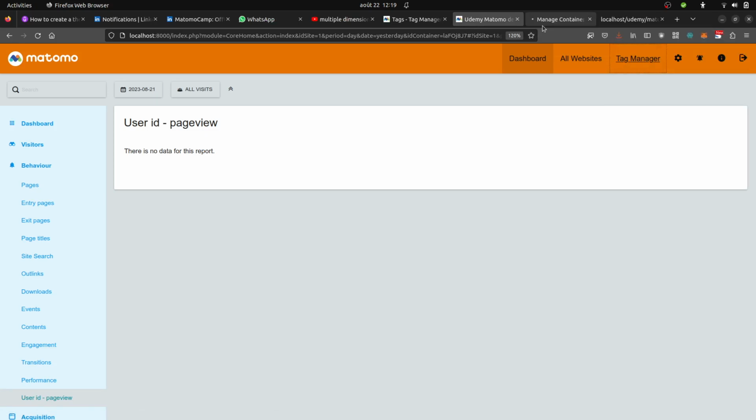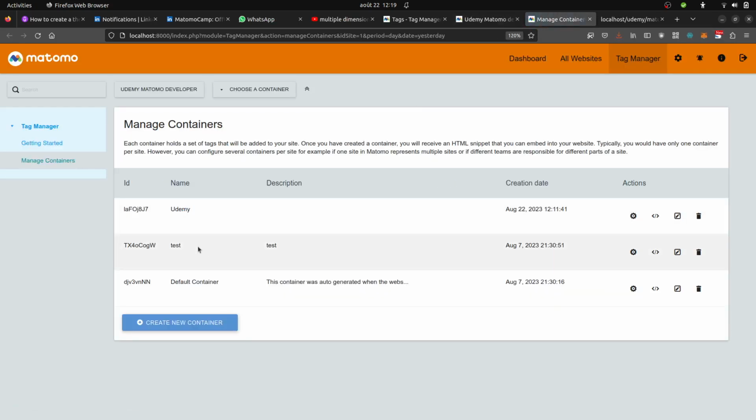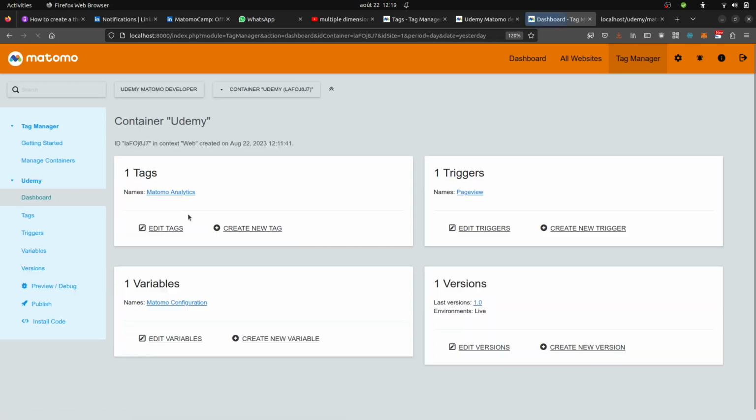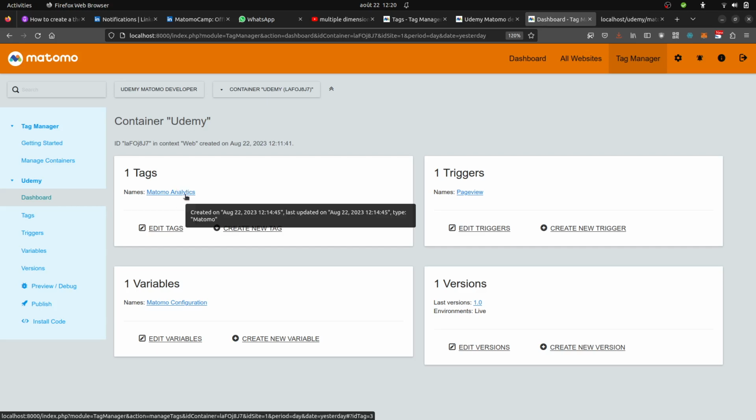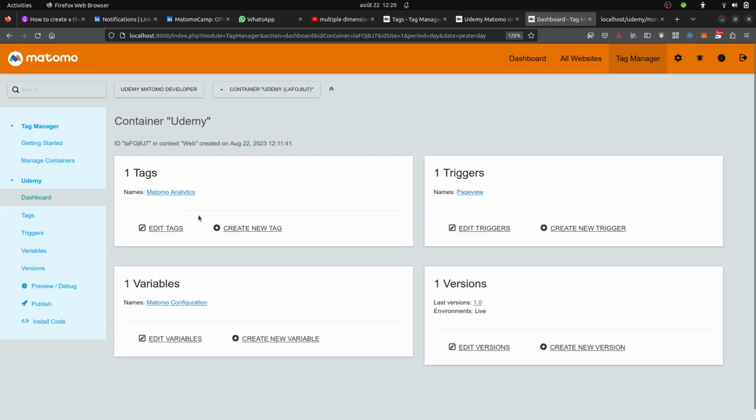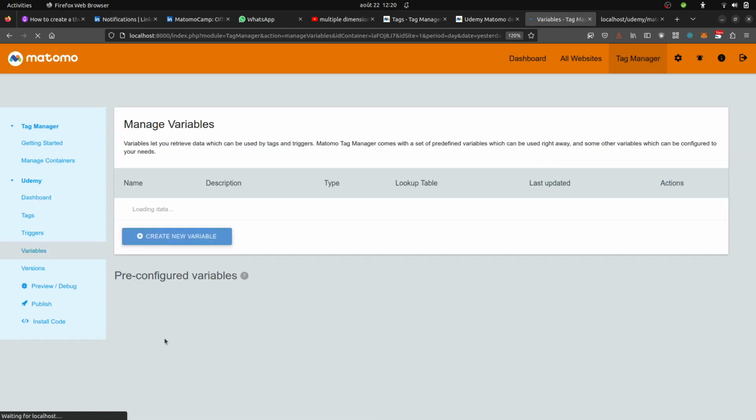The next big thing is about using the tag manager. This is the tag manager that I currently have. It just has one tag, which is a page view tag. I don't need to add anything specifically here or create any additional tags, because I can use the existing one since it's a page view thing. All I need is to change the variable which is over here. So I just need to go in edit variable. Then I'm going to pick up